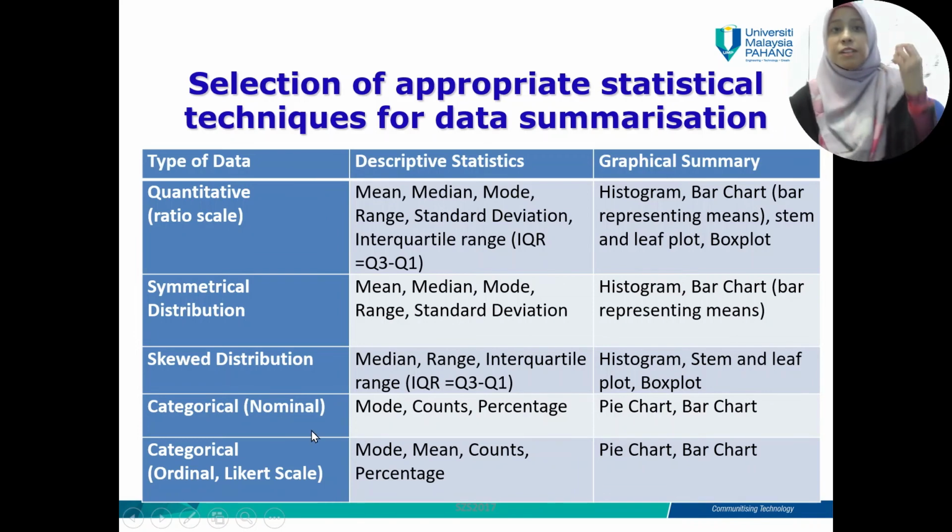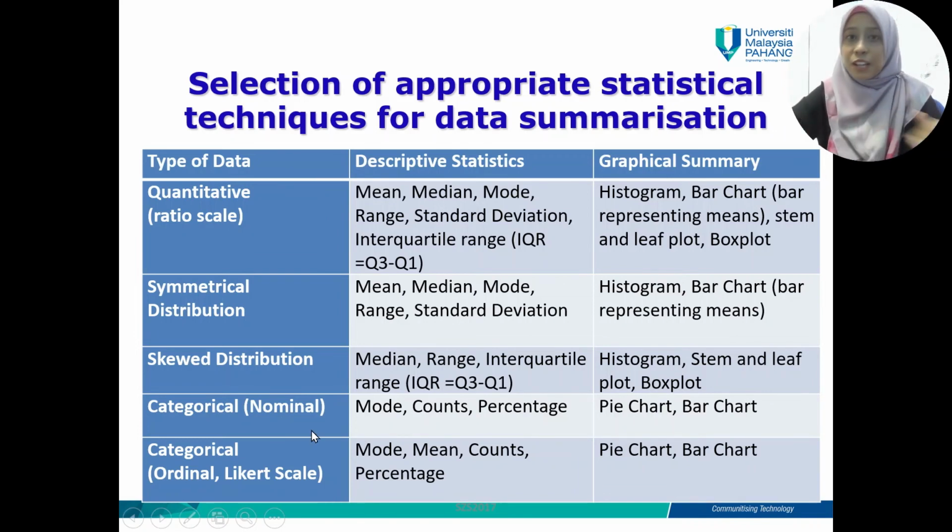Okay, if you have categorical data, non-numerical, qualitative data, okay, it doesn't matter, qualitative nominal or qualitative ordinal, you cannot use histogram. You can use histogram, but it will not be the best representation. It is best to use pie chart or bar chart. Okay, so this is